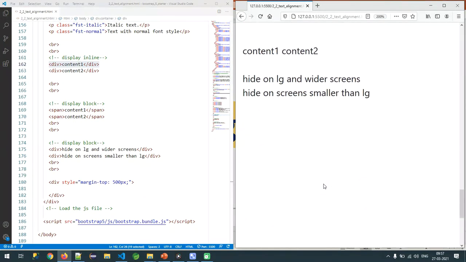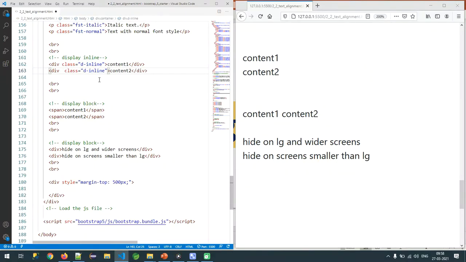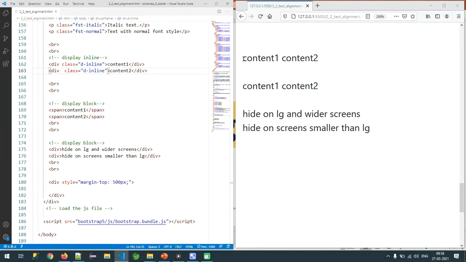What about the inline element, sir? It occupies the width only for its content length, not more, not less. So right now Bootstrap provides some cool CSS classes to convert a block level element to an inline element, and an inline element to a block level element. So it is possible. Sir, what are the classes we have? Observe d-inline. Now you can see this content is automatically moved to the same line.